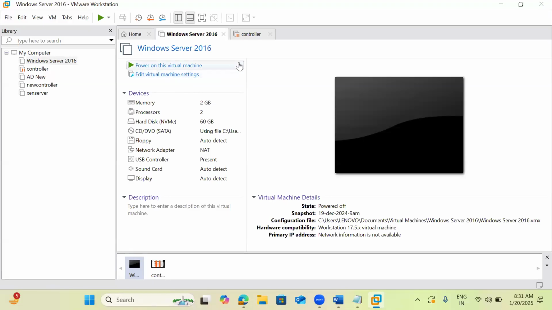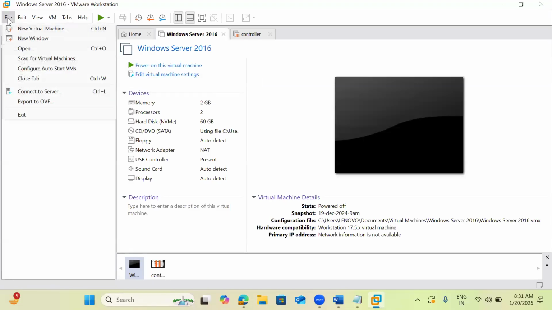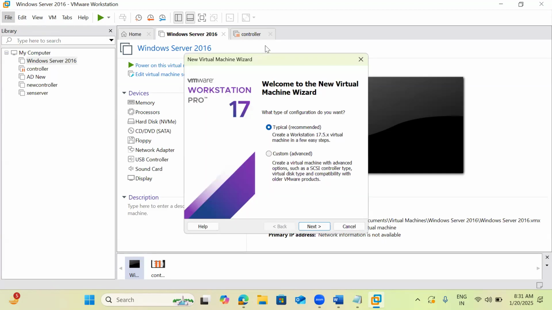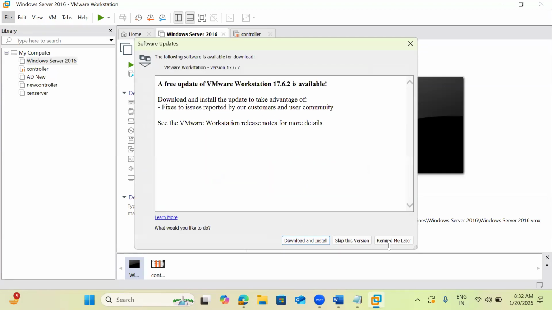Okay, so now here this is the different VMs we can install. Okay, file. What we need to do is Sir, new your virtual. voice is not clear, sir. Is it fine now? Yes, sir. No, it is fine. Okay, so now here we need to install the VMware workstation. After installing VMware workstation,